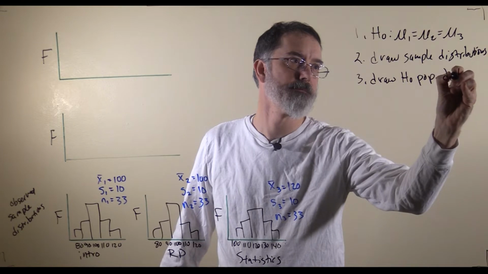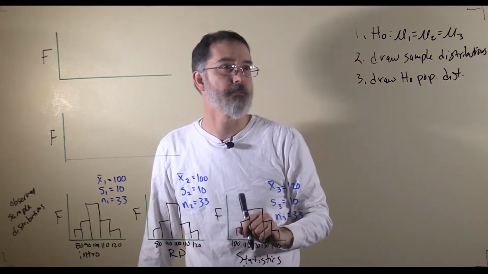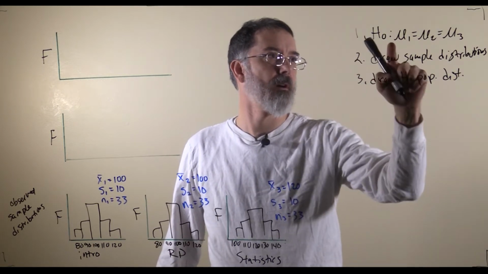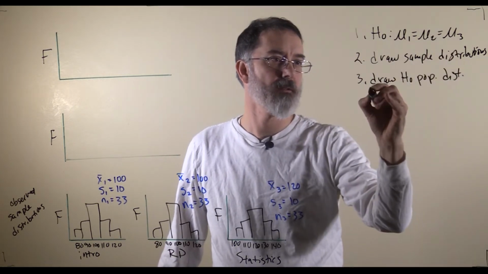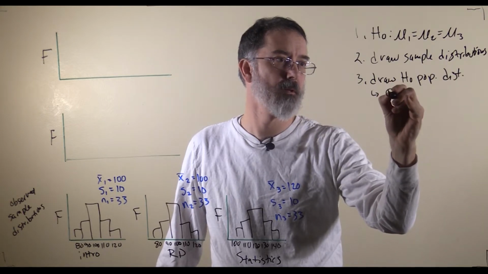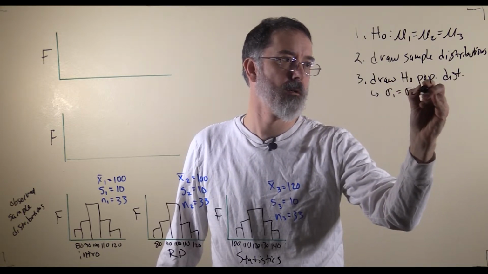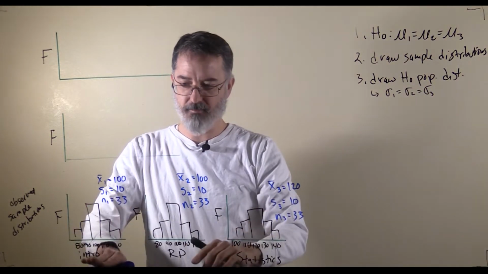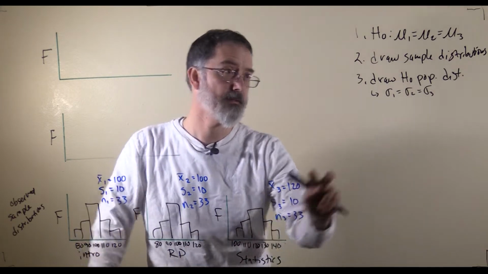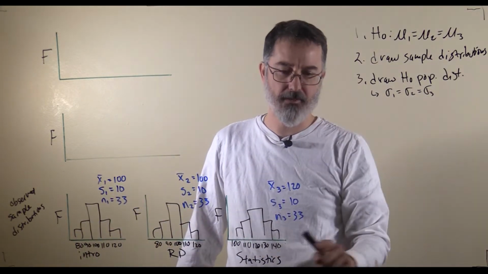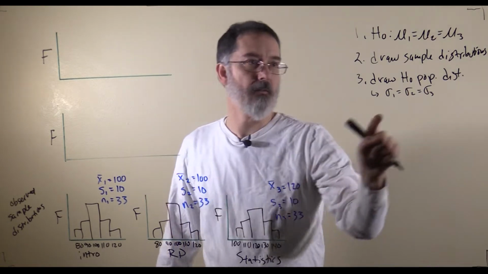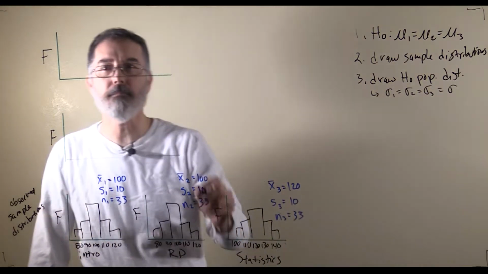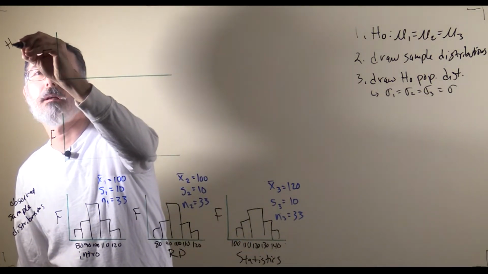Our third step is going to be to draw the population distribution if the null hypothesis is true. So if the null hypothesis is true, all the means are exactly the same as one another. And also, this test assumes the variability of these three populations, the one for introductory psych, research design, and statistics, are all the same, right? And so we actually have three estimates of this one value because they're all the same, so we could just call that one there. So this is the null hypothesis,